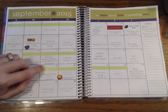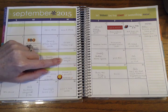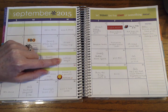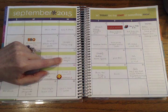And so then for this right here, I just call it leftover magic. That's just using all those different little 1 cup measurements of something that are left over from your previous meals, and then you just put it all together. You can look on Pinterest. There's a recipe index type of thing out there where you can type in what ingredients you have and then it gives you a recipe for that. So that's kind of just the leftover magic